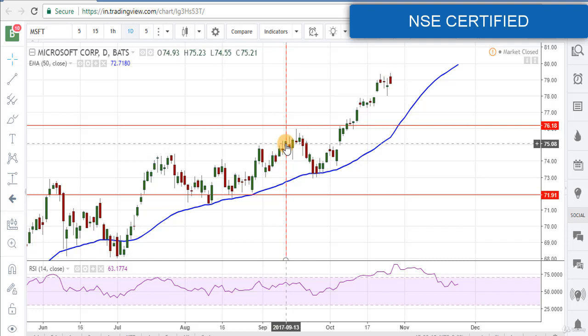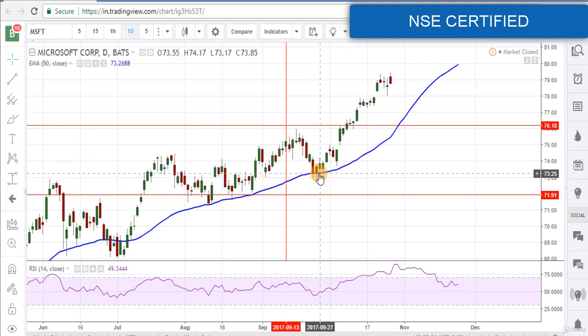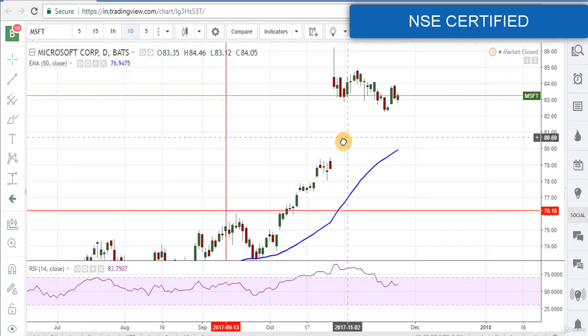Now you can easily see this was our resistance level. The prices touched this resistance level but were unable to cross it, and they went back to this trend line to the extent of retracement. Now this was our potential buying point. We can buy the stock here with a stop loss at the end of this candle, and the stock is moving in an uptrend.